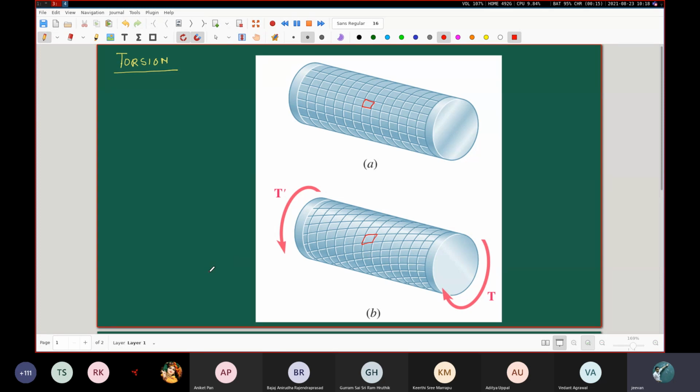Yeah, tell me. The angle at which the lines are rotated. Right, the angle has changed. So what? What does that lead to? Shear strain. Yes, somebody was saying shear strain. Very good. So whoever was saying shear strain very shyly, it's good. So you see, we have already studied in your first year, and we have also recapped it in our earlier classes,